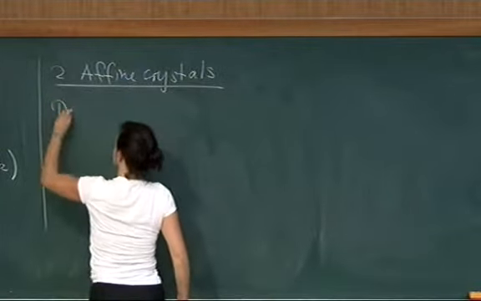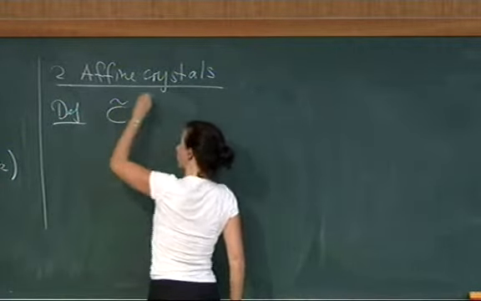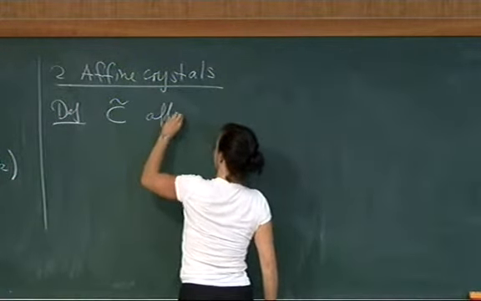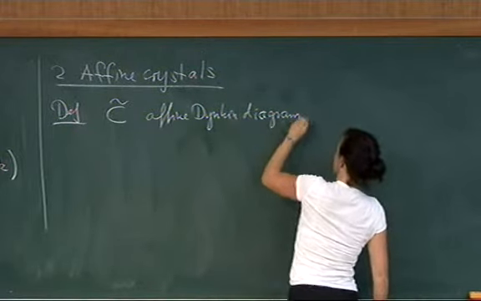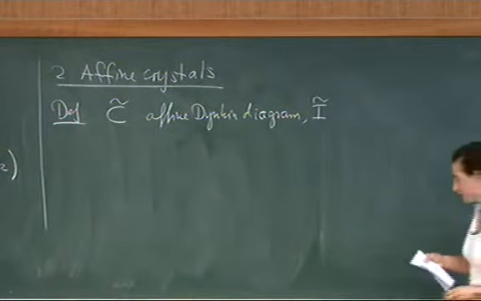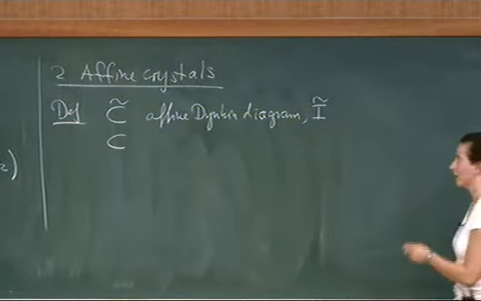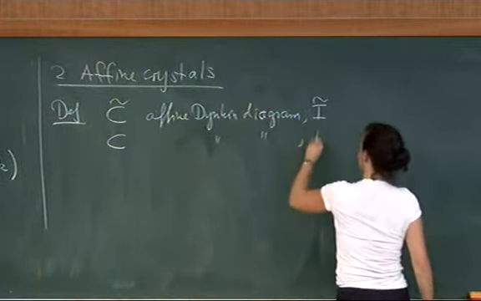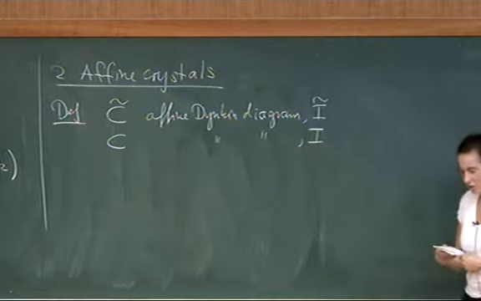Okay, so let me first define what I mean by a promotion operator. Let me denote by C tilde an affine linking diagram. This has an index set associated to it that I'm going to call I tilde. If we remove the zero node, then you have an underlying classical linking diagram, which I'm going to denote by C, and the corresponding index set is I. So I tilde is I union 0.